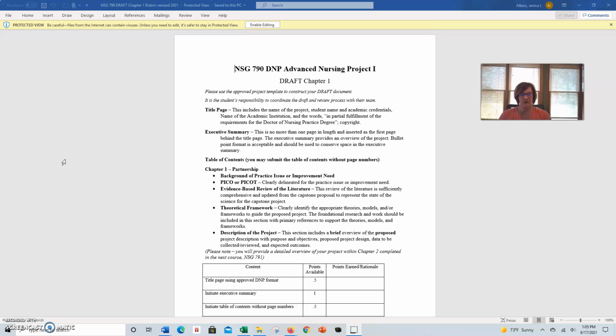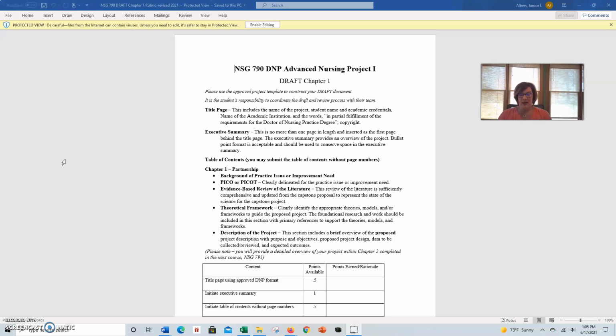We'll also need information about your theoretical framework, your models that you're using. There may be more than one, and just make sure that you go to the original author of either the theory or the model so that you have that baseline. So it's not an interpretation of that particular model or theory, but you can and you should look into what does the evidence say as the theory or model has evolved, and how does it apply to your particular problem, practice problem, or improvement that